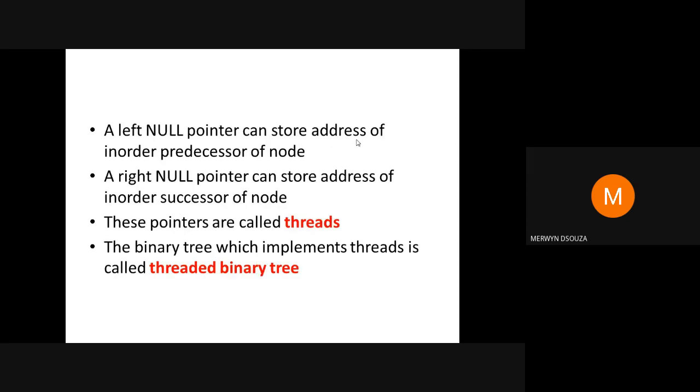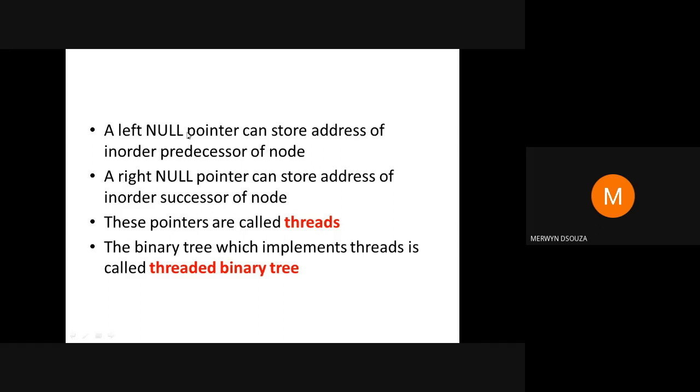So basically, the left null pointer of a node can store the address of the in-order predecessor, and a right null pointer can be used to store the address of the in-order successor. These pointers that we are calling, those are known as threads. I will explain with an example.